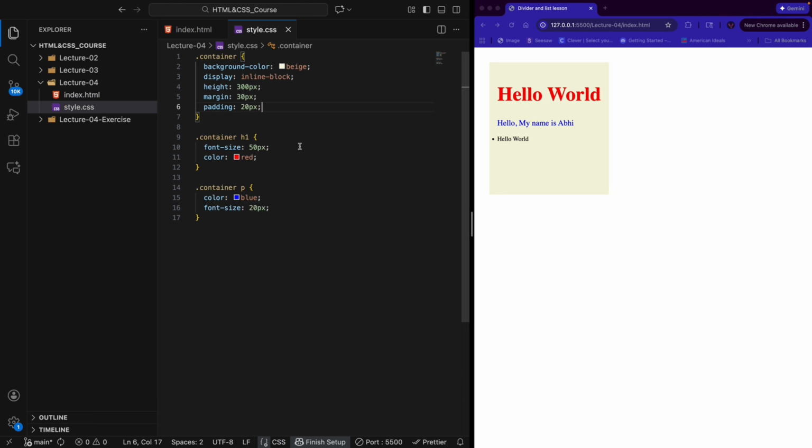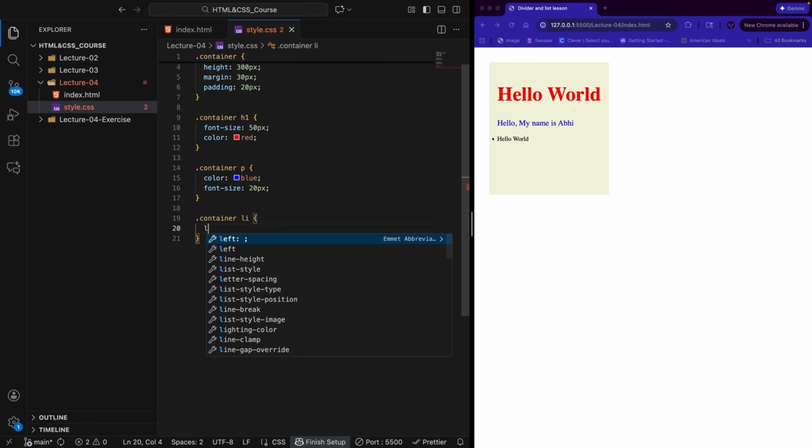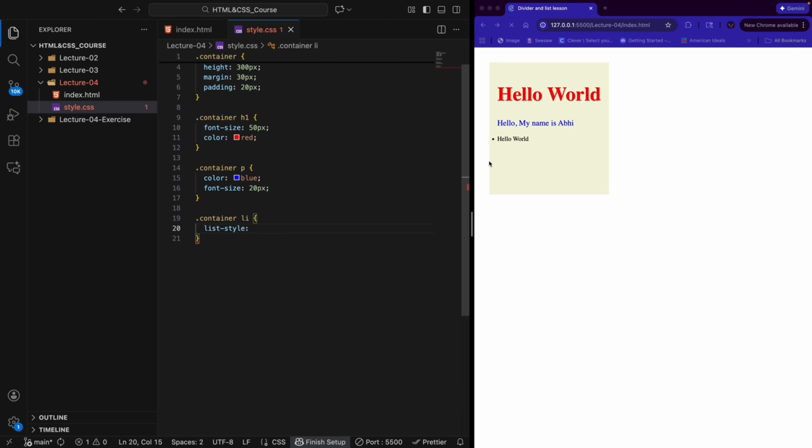Now we need to learn a very important property for the list tag. So let's do dot container. We need to call our div tag first. Then we need to do li. So we're going to do our curly brackets. And the very important property is called list style. So list hyphen style, you can do none, and what this will do is it'll remove